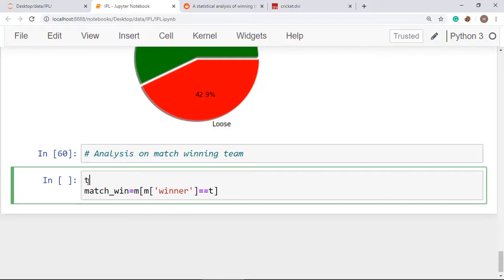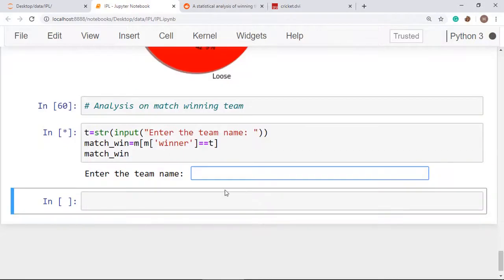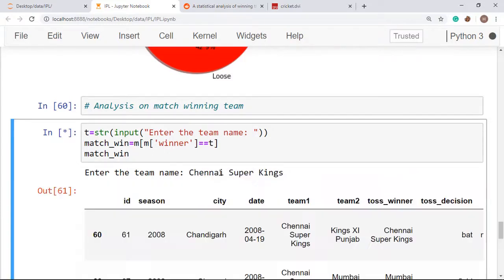So just take the input, a string input, and enter the team name. This will give you the rough idea. Then just print all those rows. So when I want Chennai Super Kings, it will display all the matches where Chennai Super Kings has won the match.